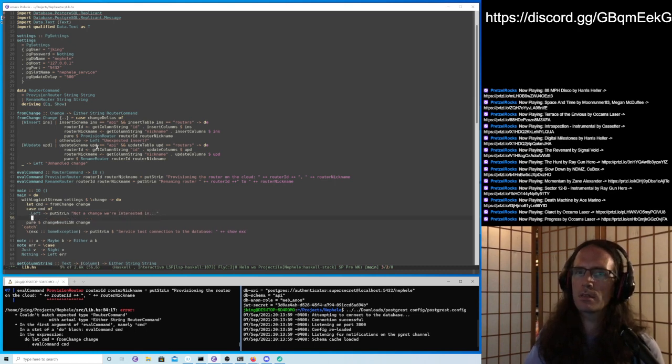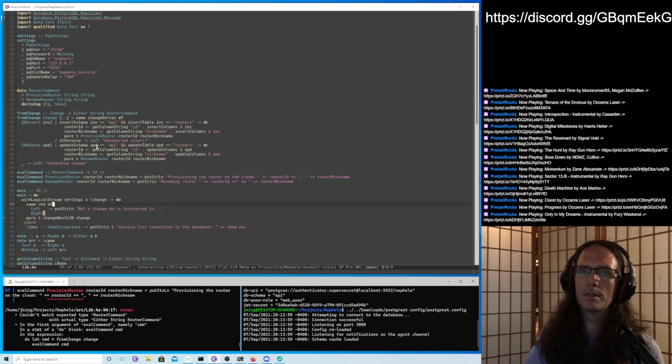But if it is, let's just get rid of that binding and put from there. But if it is, then let's eval the command right off the hop.